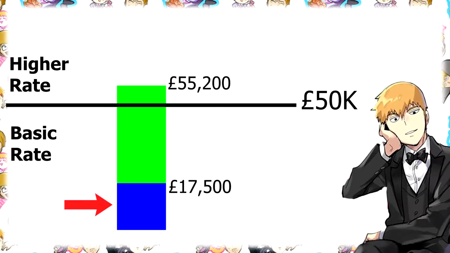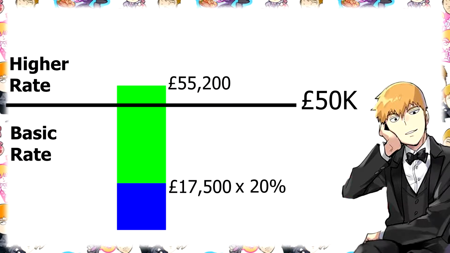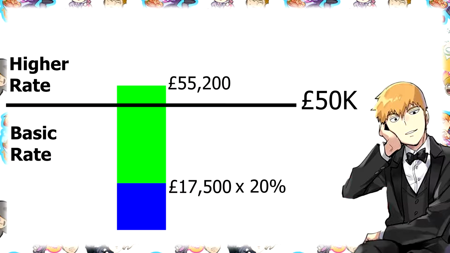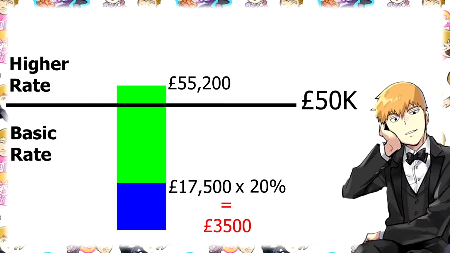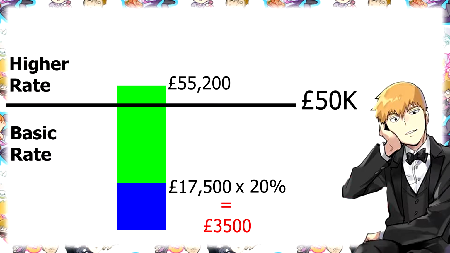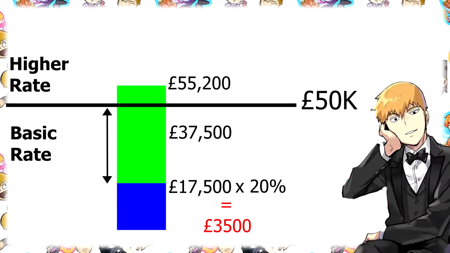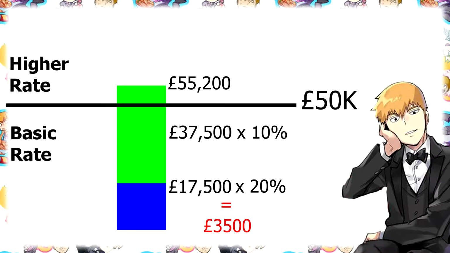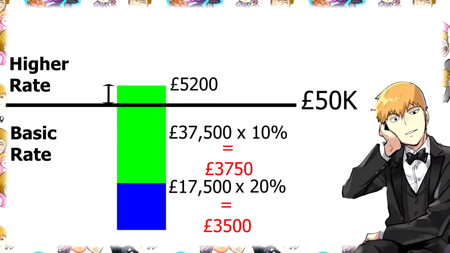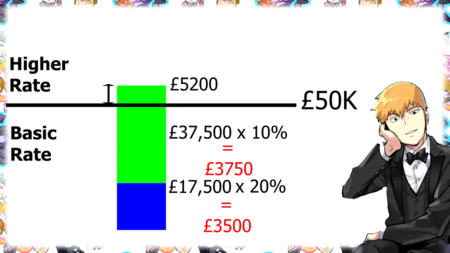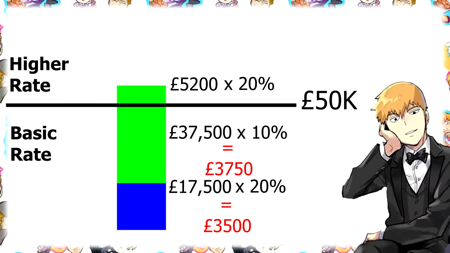Because your taxable salary is below the basic rate, that will get taxed at 20%. So 20% of 17,500 will equal 3,500. Working out the actual capital gains tax, there's 37,500 that's actually below the lower tax rate. So that's going to be taxed at 10%, which would then give you £3,750. Now, there's only £5,200 that's above the higher tax rate. So that £5,200 will be taxed at 20%, which will leave you at